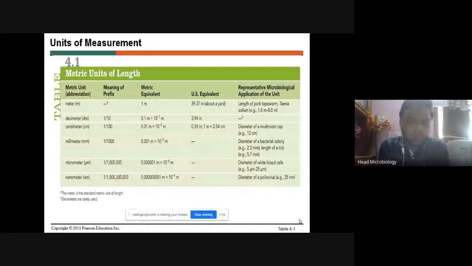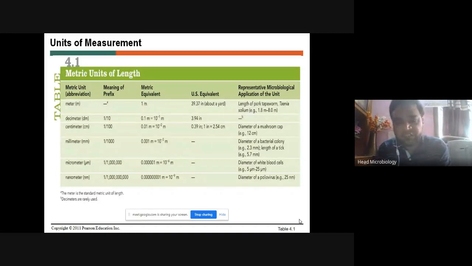Remember these points: 1 meter is the SI unit, and if 1000 meters are there, it is 1 kilometer. Deci means 1 by 10, that is 10 to the power of minus 1. We use it in blood sampling, CBP; when you see blood reports per deciliter, meaning per 100 ml, these are the results and observations. And centi, that is 10 to the power of minus 2.